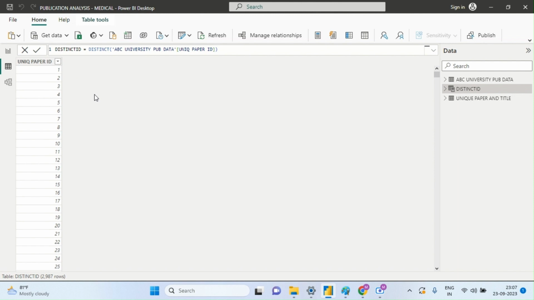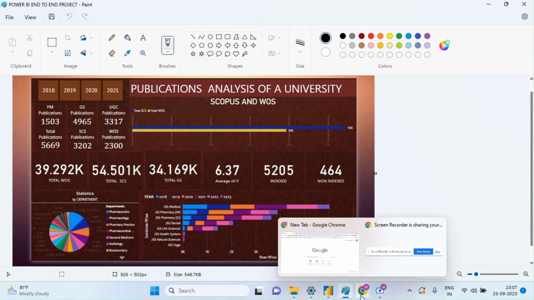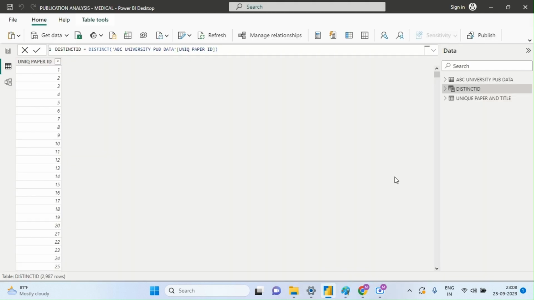Now I am going to take the other parameters. Okay, what are the other parameters? We have the total WOS numbers. So what I will do is create another measure here. So how to create that? I am going to use the lookup values from, I'm going to look up this unique ID